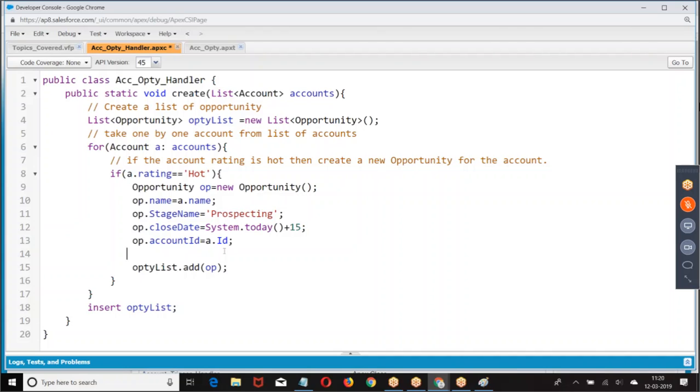If you are inserting 200 accounts, then 200 DMLs will be performed. That is the reason never write DML within a loop. Instead put the records in a list and perform the DML on the list. That is called bulkify.